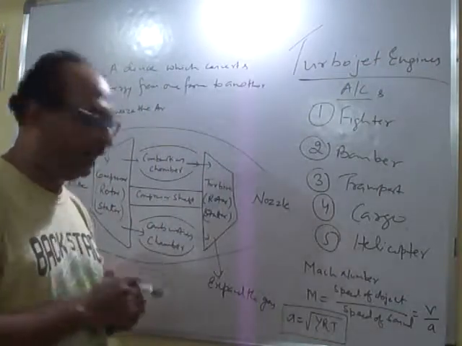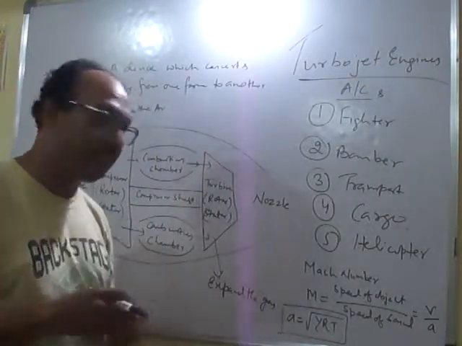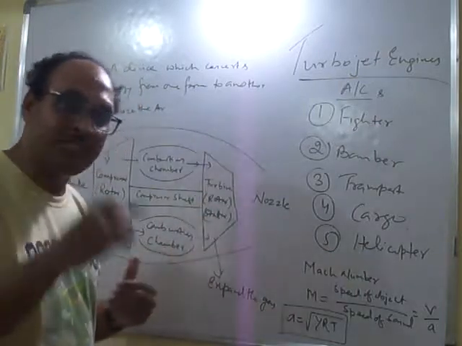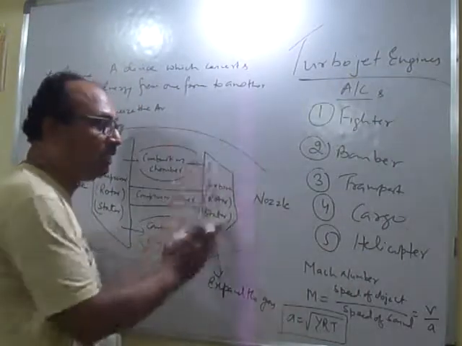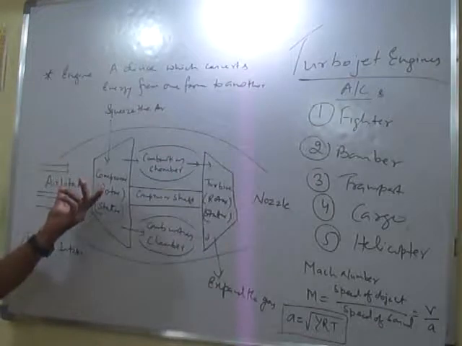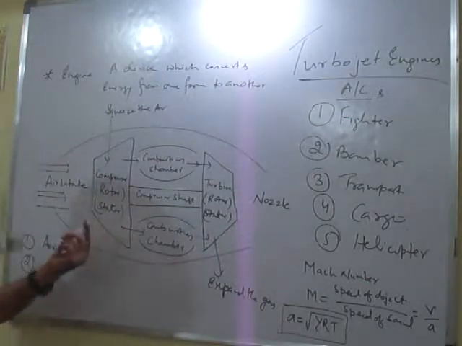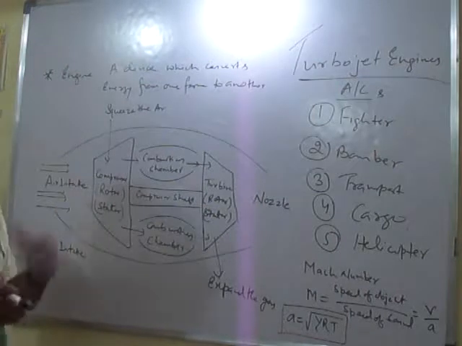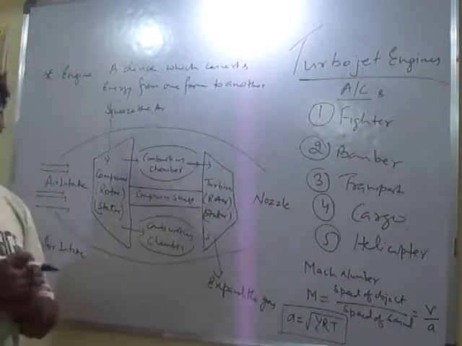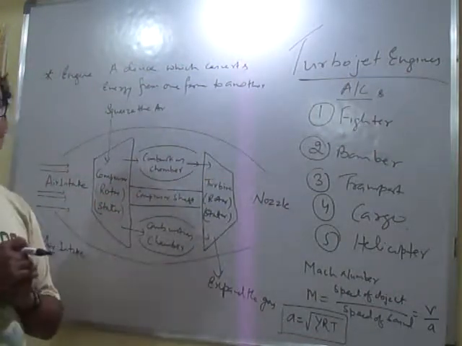It is to expand the gas. By expanding it, what happens? The pressure reduces and the velocity increases. So it will be in several stages. If we want more power, the compressor is also built in more stages, like twin spool compressor and so on. Spools are the stages of the compressor.